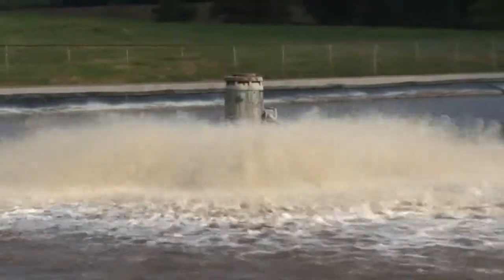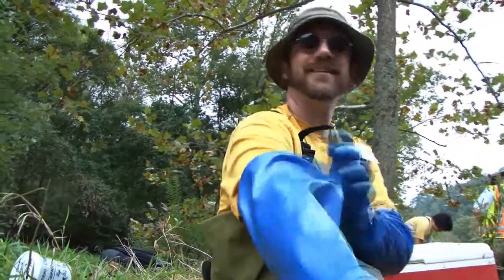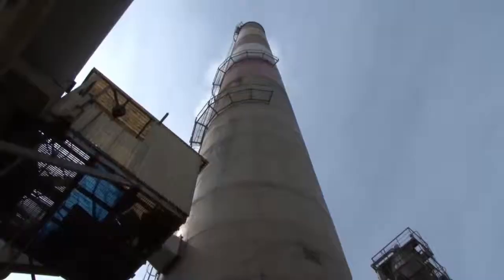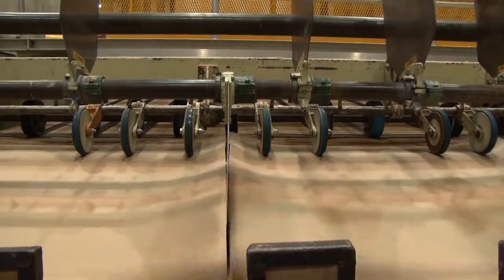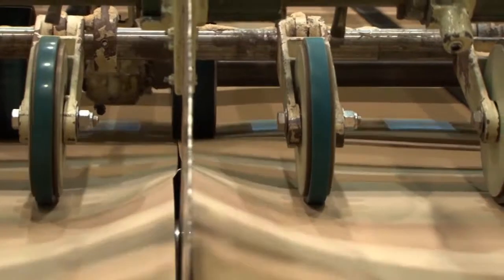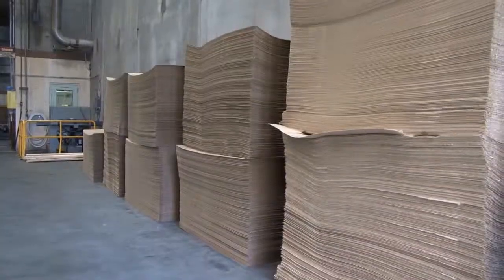It's provided a template for use on other rivers and streams where effects of stressors need exploration. With its good news story about representative paper mill discharges, it's provided evidence of the sustainability of this key manufacturing sector in the United States. It's shared and continues to share results with scientists in a multitude of publications and at scientific meetings. The study continues, and additional analyses on an increasingly robust data set continue to inform the scientific community on important